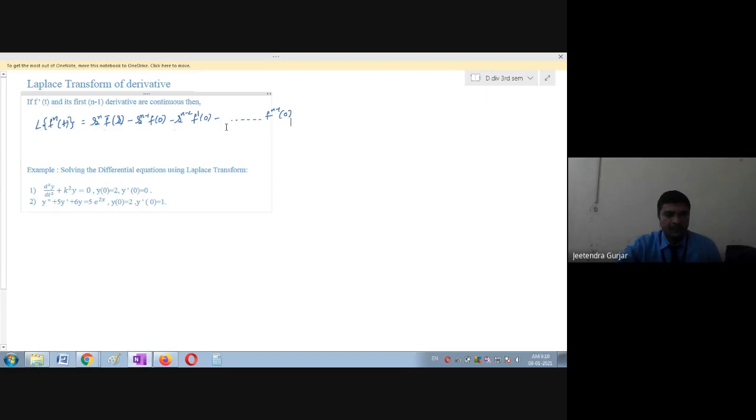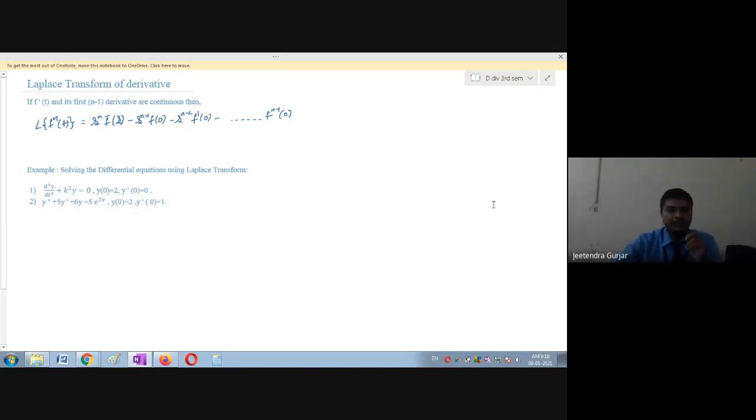Looking at the initial conditions, one can easily understand this. How we are going to use this property, one can easily understand by solving the first example itself. So we'll move back to the example, a very simple example we have, students. In the first example, you should be attentive and concentrate on the screen, to see how you are going to get the next step. That is very important, students.